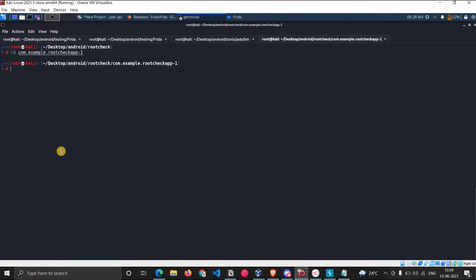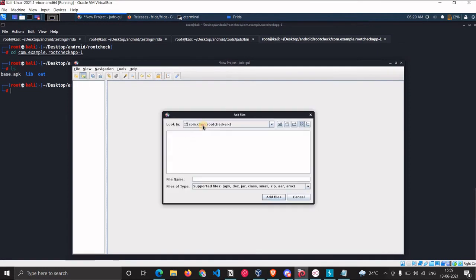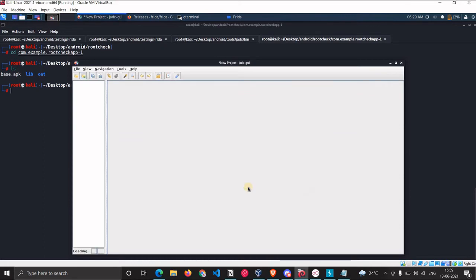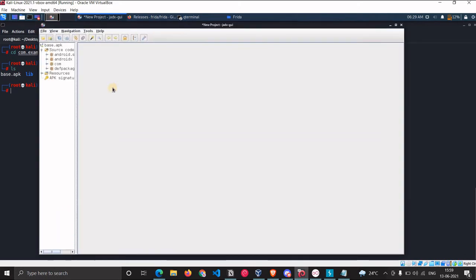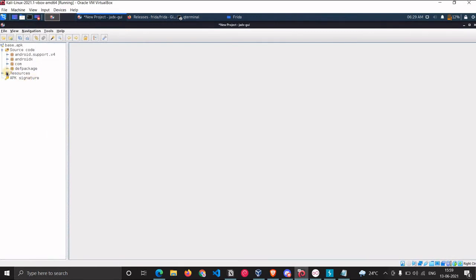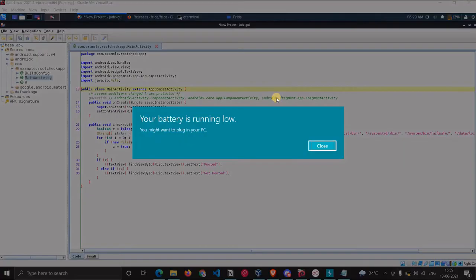So this is the application base.apk. Now we will try to open it with JADX-GUI. We know it's under Android rootcheck. JADX-GUI will now decompile it. Yes, it has decompiled it and we got the source code. As we saw, it is under com.example.rootcheckapp, and in the main activity we have,